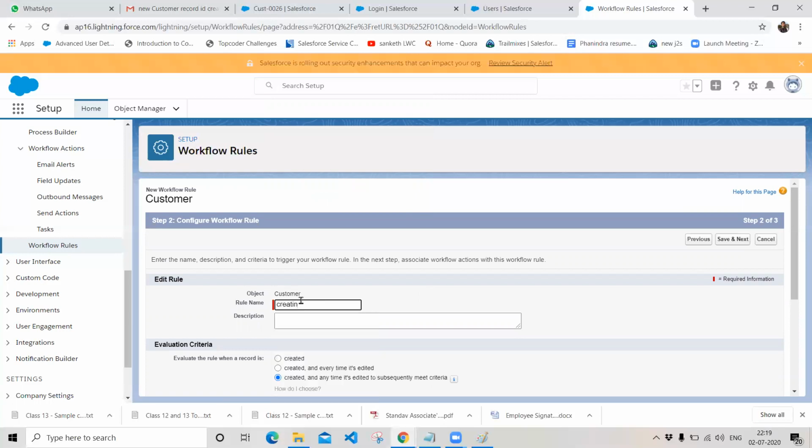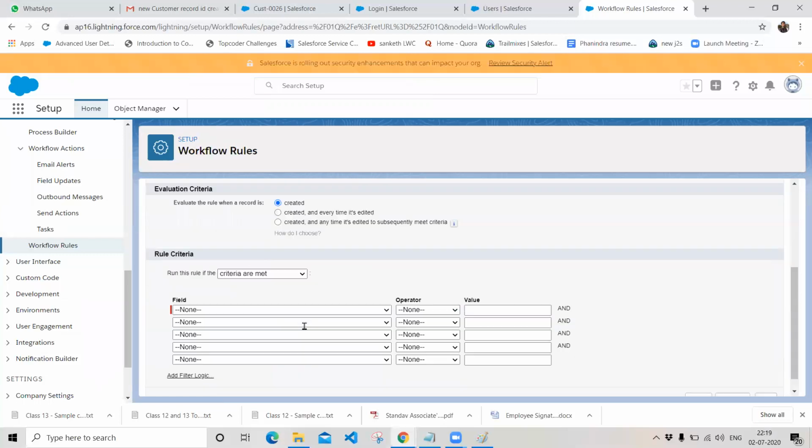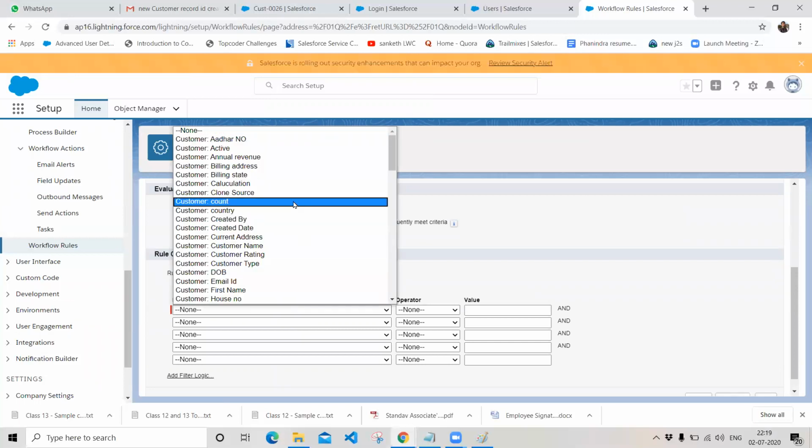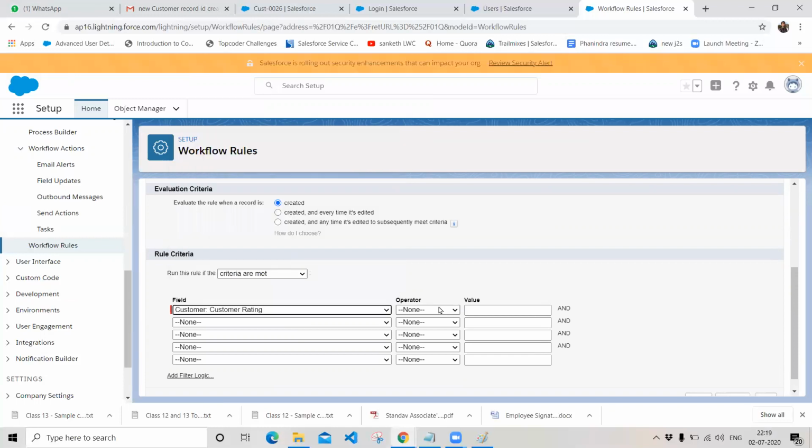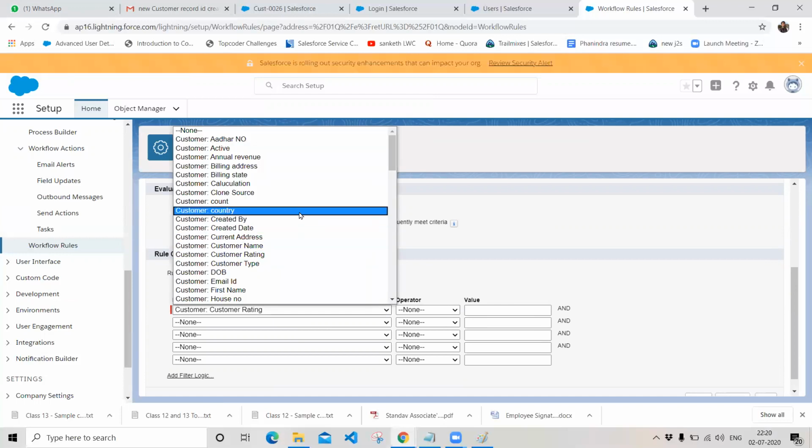and choose the rule name as Creating a task with workflow. Okay, this is the rule name that I am giving for my workflow rule. And when I want to fire this workflow rule, whenever a record is created, and what is the entry criteria condition, I am giving the entry criteria condition saying that customer rating, with respect to the, okay, annual revenue.